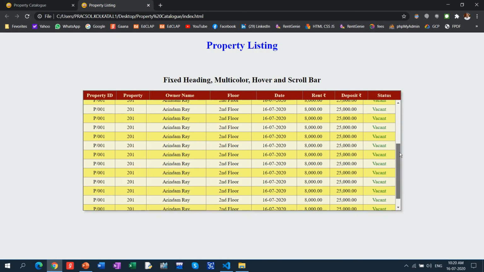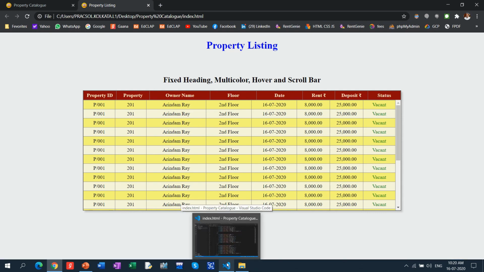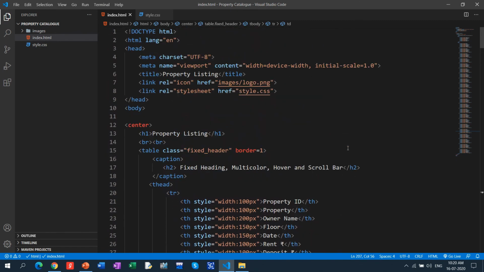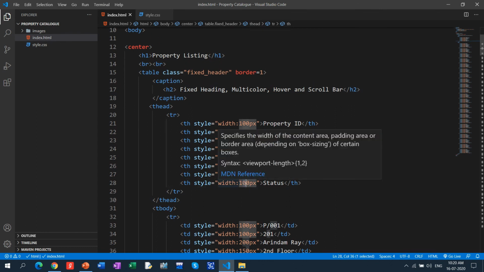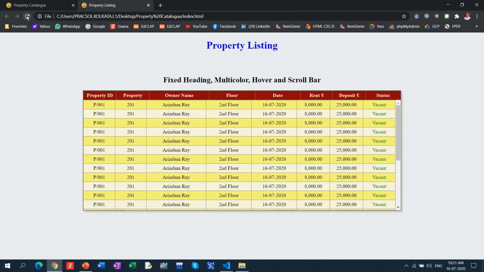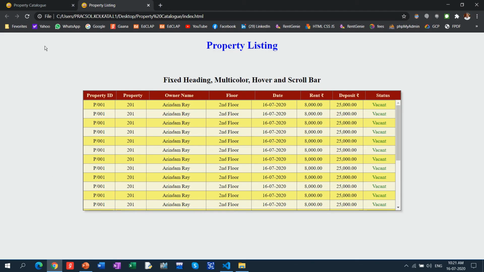See, it has come perfectly, the content is coming perfectly, but the heading is not coming properly, right? So the heading is making a difference. From the left side onwards it has changed a bit, right? So what we have to do is make the heading a bit bigger. In case of status, if you make it 110, then again it is not coming properly; it will be 130. I say 130 will be good enough.